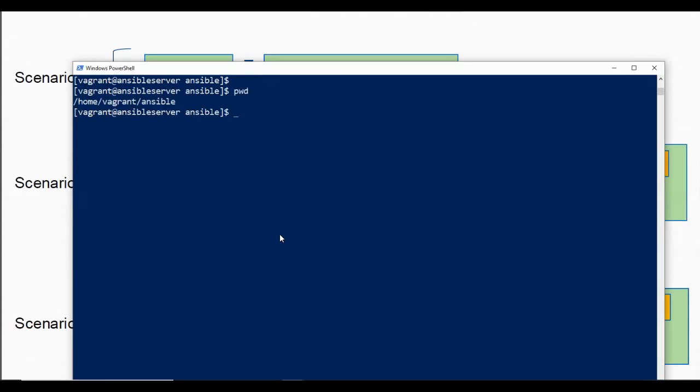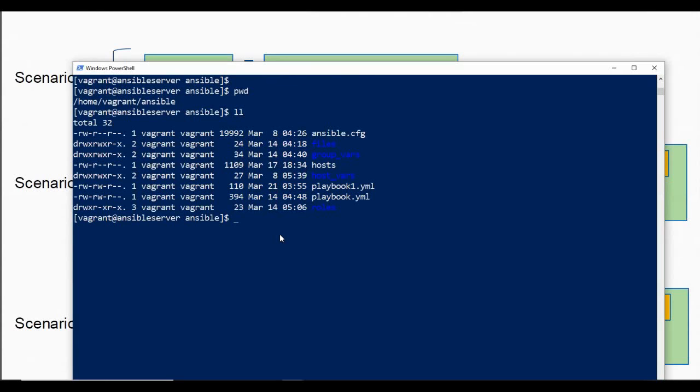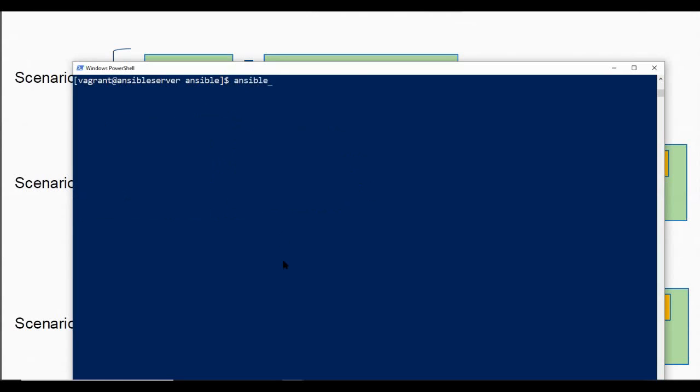I'm currently inside my Ansible code folder. So this is where all my files are. Now let's understand how we are going to write an ad hoc command.